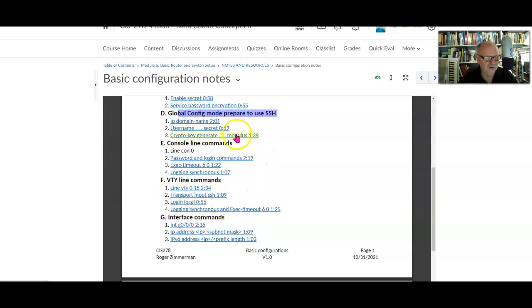That tells it to log in using this username up here that we did in global config mode. So these are the 5 commands that you have to do in order to set up for SSH. 3 of them in global config mode, 2 of them in line configuration mode for the VTY line.